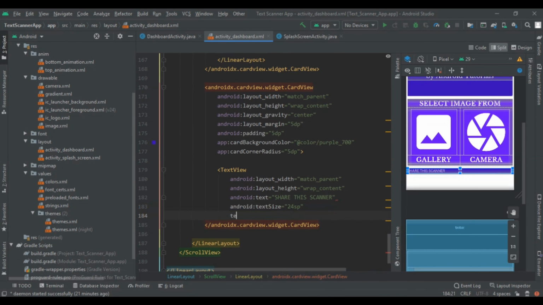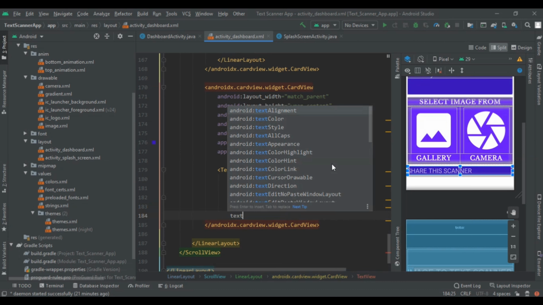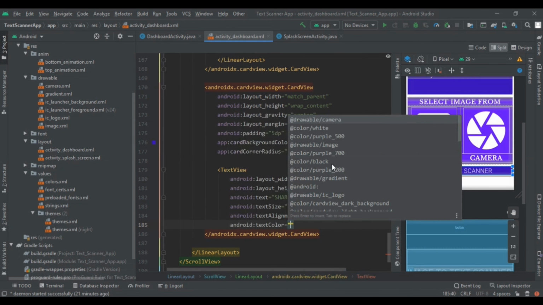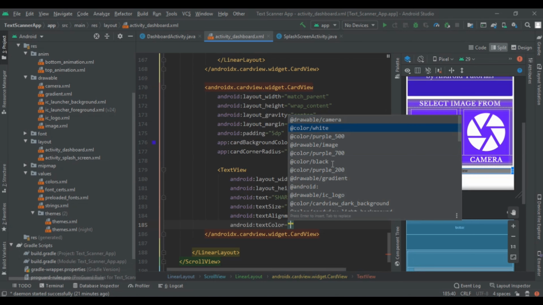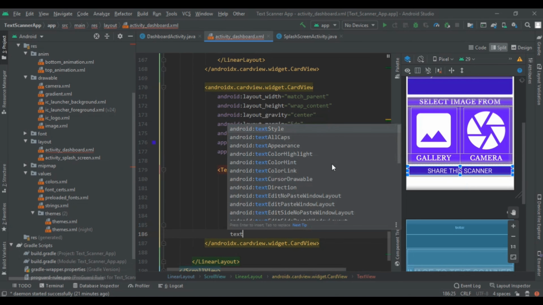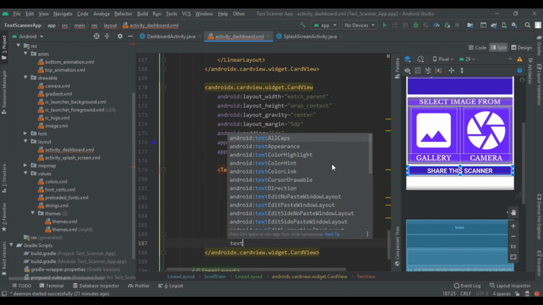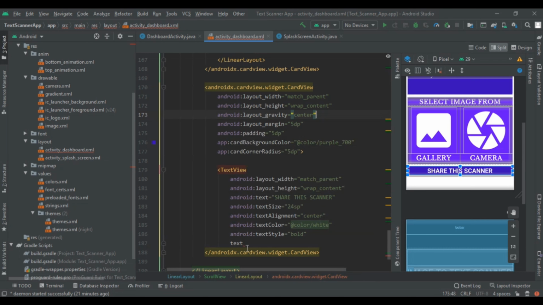Text alignment will be center. Text color will be white. Text style will be bold. Text all caps will be true, or we had already done it, so no need to implement that.